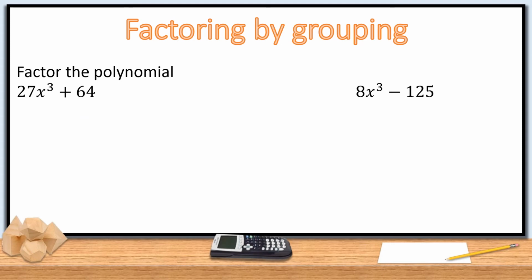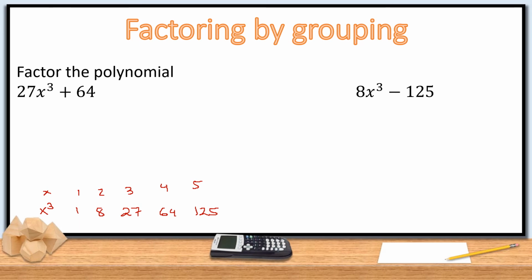this one here, 27x cubed plus 64. Now, your cube numbers, if you're not very familiar with cubed numbers, then you probably need to make a list of those, get that displayed in your room somewhere, because that's really where you're going to save yourself some time. Did you know that 64 is a cubed number? Did you know that 125 is a cubed number? So 1 cubed is 1, 2 cubed is 8, 3 cubed is 27, 4 cubed is 64, 5 cubed is 125,